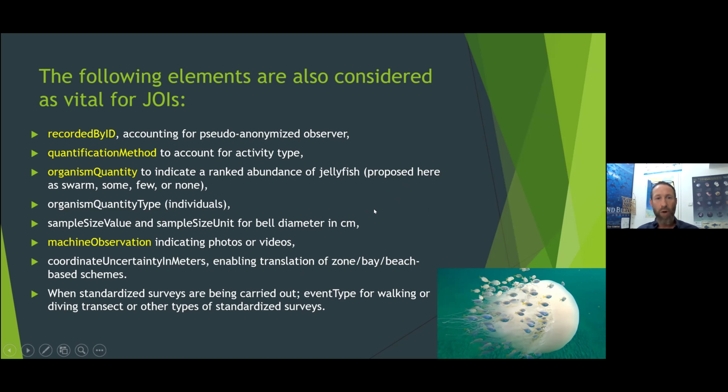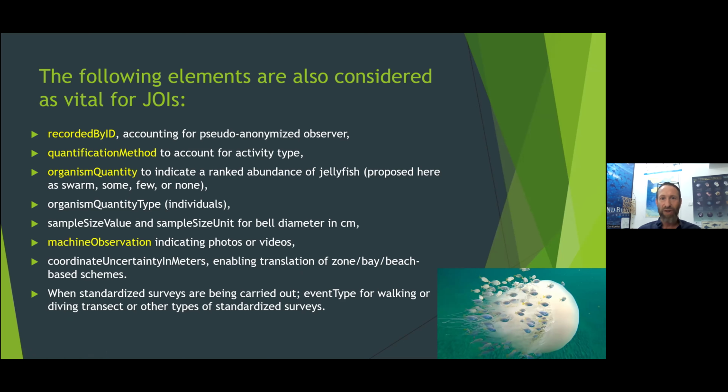If you look at the organism quantities, that is where we had the most problem, because apparently looking at a swarm of jellyfish and saying how dense it is is very, very challenging, even for the expert and even for the scientist in the field, whether we use density or abundance. And we found with our network that ranked abundance works the best for everyone. And it was not only the lowest common denominator, but it works differently for large jellyfish and small jellyfish that are much more abundant. And this was really the hardest nut to crack here from all of the fields,